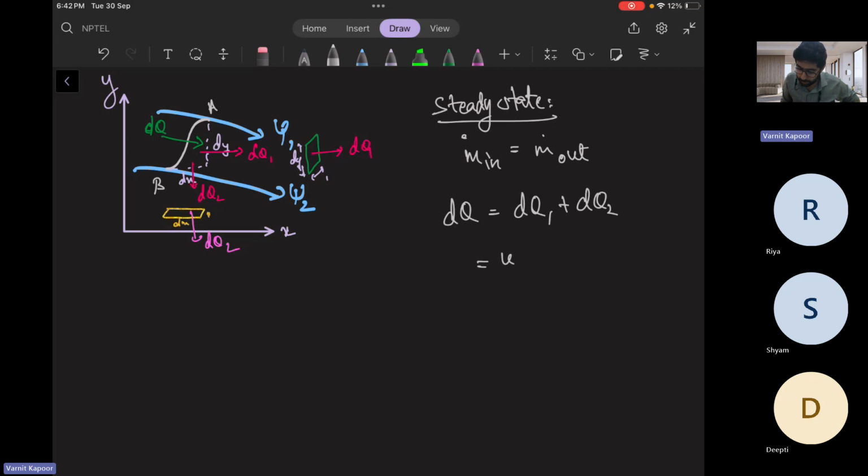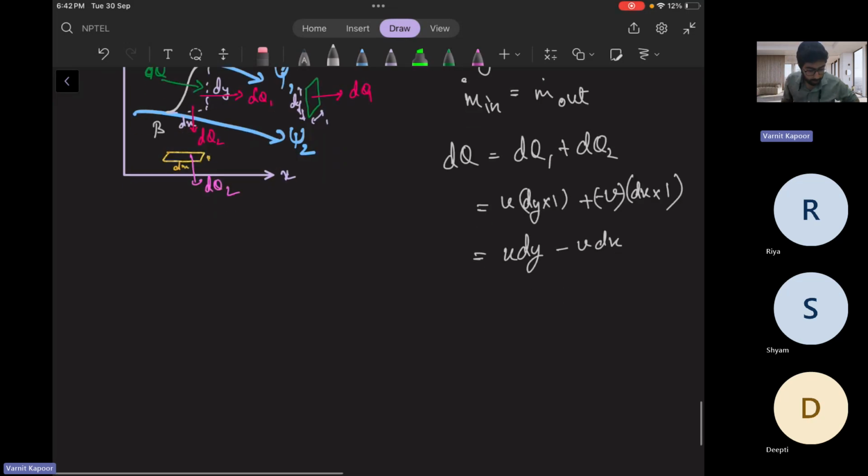u into area, which is dy into 1. What is dq? Area is dx into 1 and velocity is v, so it is u dy, but velocity v is in the negative direction. So we take downward as negative and right side as positive: minus v dx. Okay, so it is nothing but